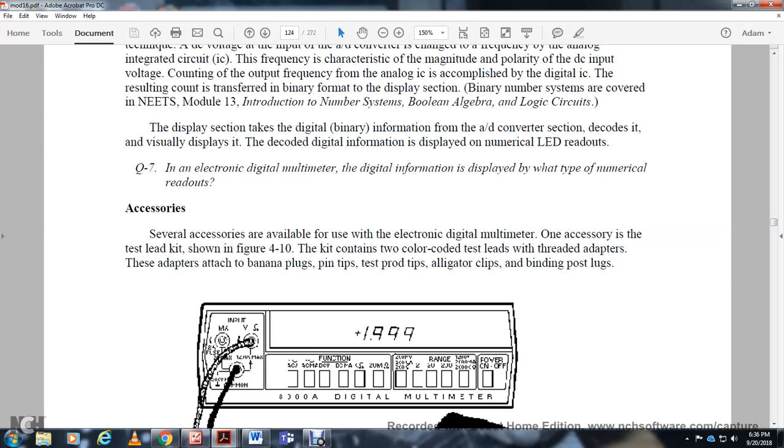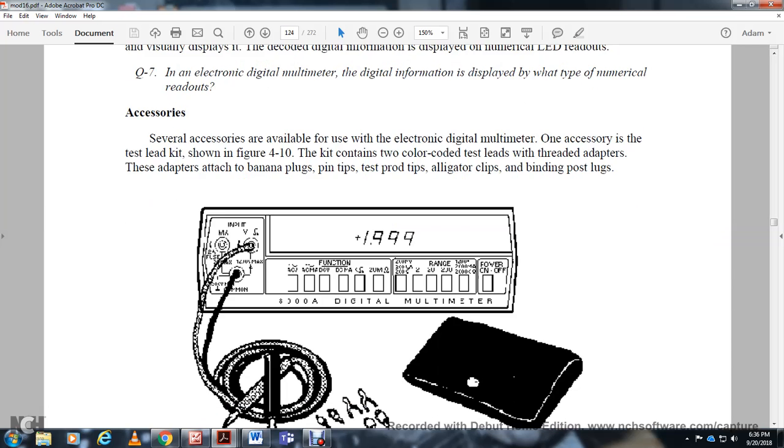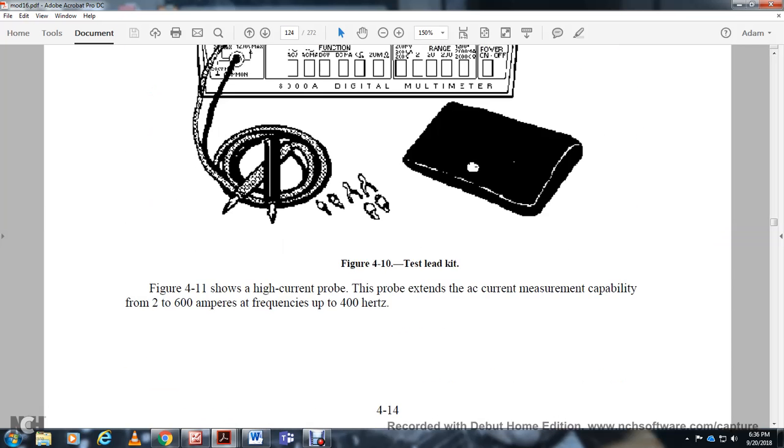Accessories available for use with the electronic digital multimeter are shown in figure 4-10. The kit contains two color-coded test leads with threaded adapters, the adapter with the banana plug and pin tip, the test prod tip, the alligator clips, and pin-binding plugs. Figure 4-11 shows the high current probe with the probe extension, with current measurement capability of